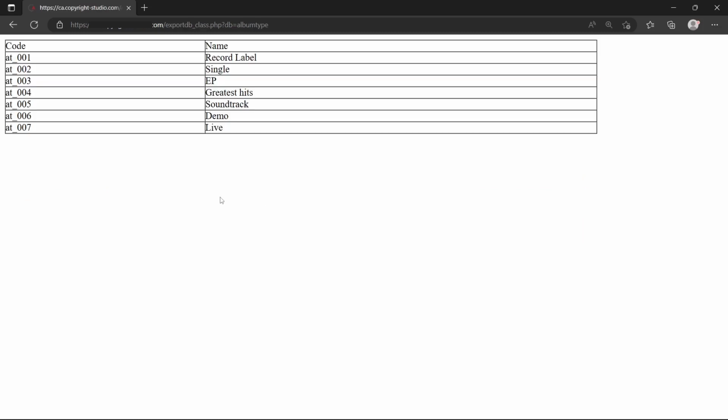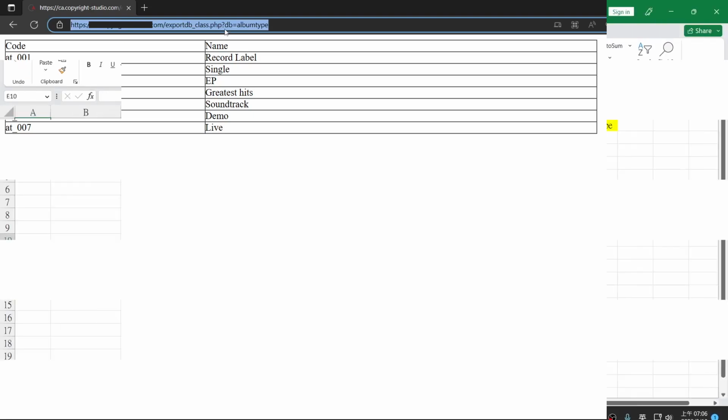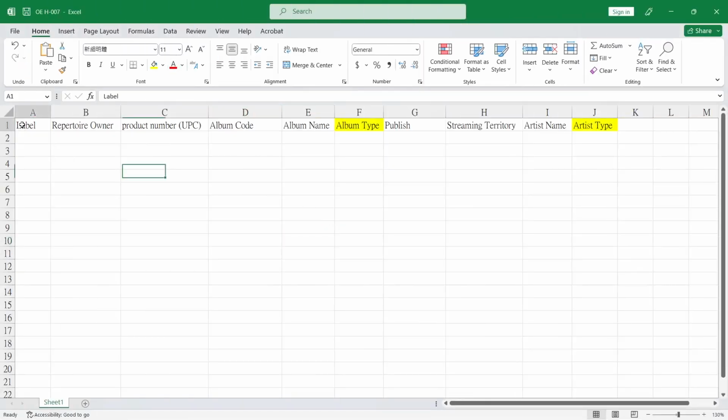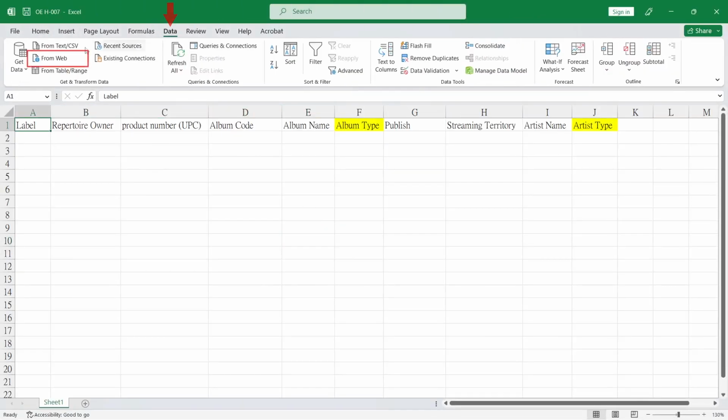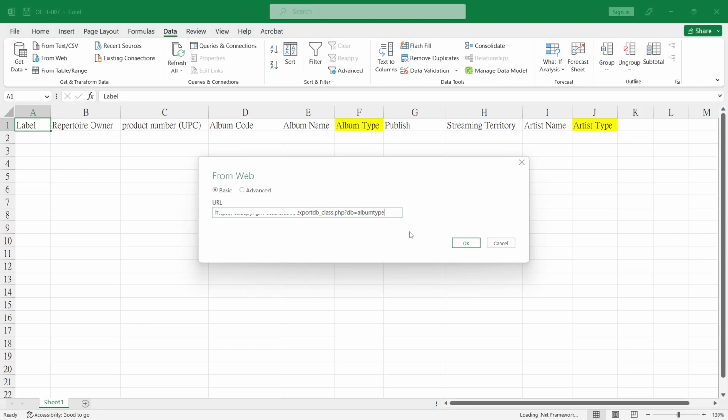List the information on a very simple page. Copy the link of this page. Then go back to Excel. Select Data. Click From Web. The URL is pasted into the web link. After pressing OK,